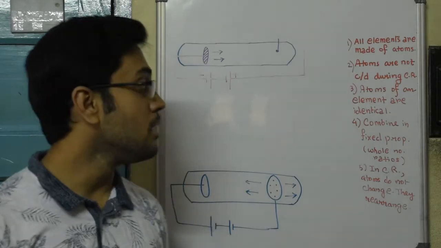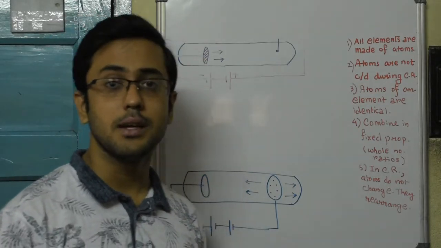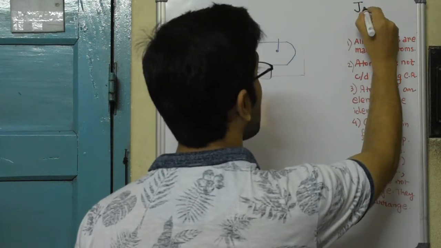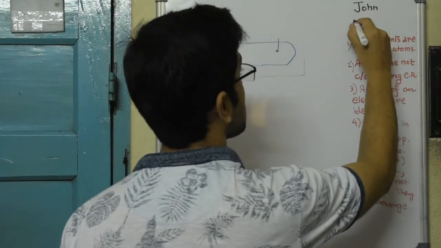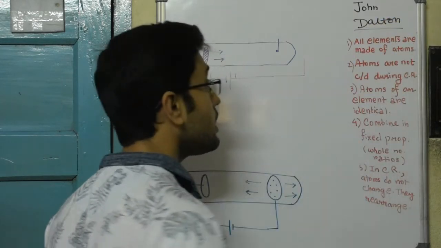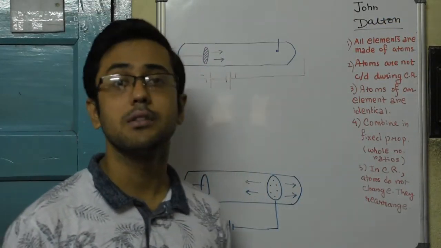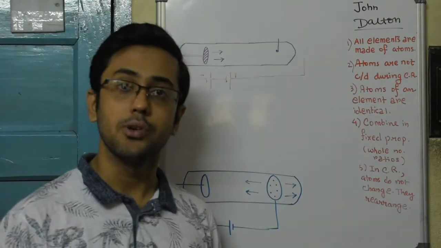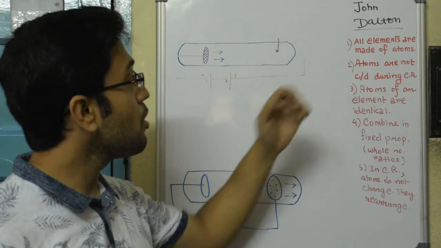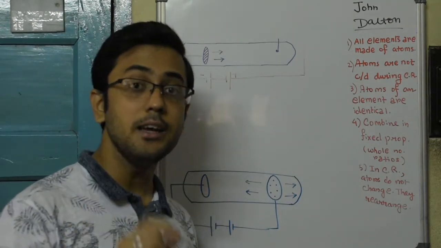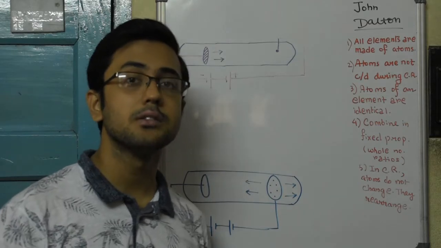So that is the preliminary idea of how these concepts of atom came into being and how the names came into being. Now coming to the modern era, that is in the 18th and 19th century, there was a scientist by the name of John Dalton. And Dalton proposed an atomic theory, and these are the postulates of the atomic theory. So what are the postulates? Number one, he said that all elements are made up of tiny indivisible particles called atoms.